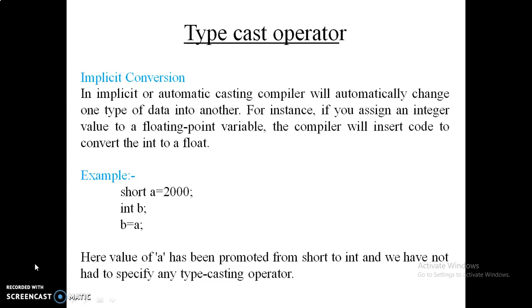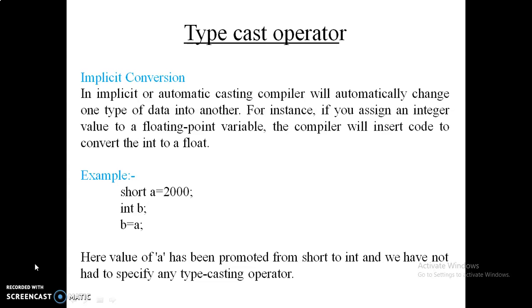So here we have declared a short a, having value 2000, and we are declaring b as an integer, so b equal to a. Thus a is automatically converted from short integer to integer. So from 2 bytes it is reserved as 4 bytes. This is automatically handled by the system, so it is referred to as implicit conversion.